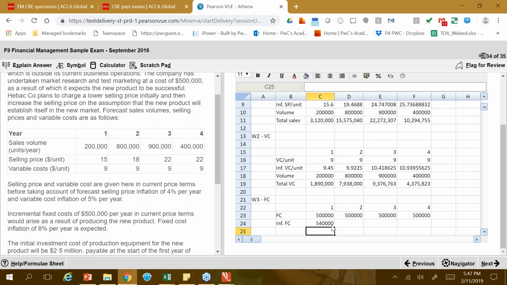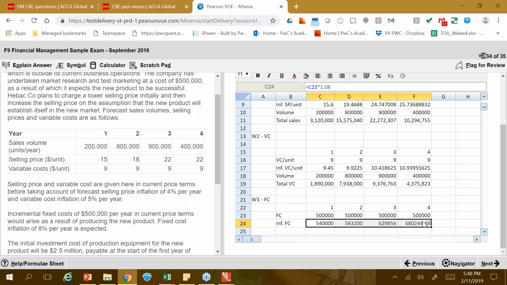Then I can simply take the last year's figure, which is C24, and then add 1.08 on it again. I'll take the D24 and then take 1.08, and then I'll take the E24 and take 1.08 on it as well. So I've got my fixed cost now. My fixed cost, the inflated fixed cost, is here for the 4 years,